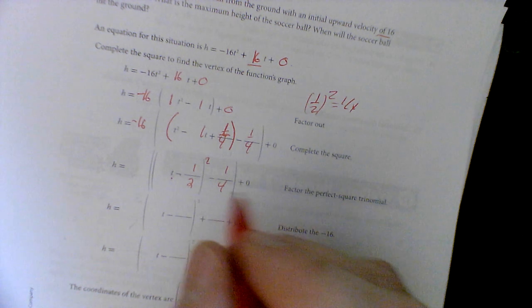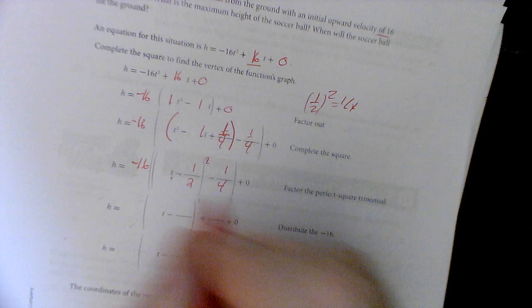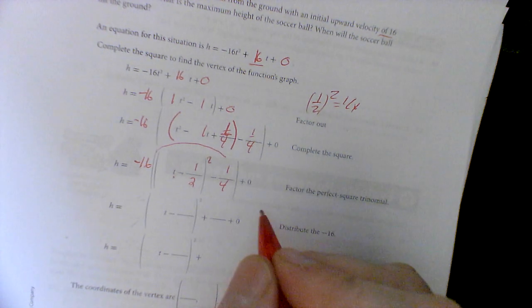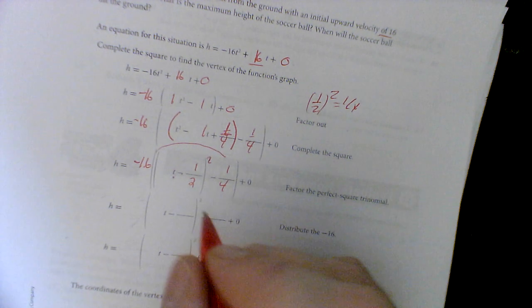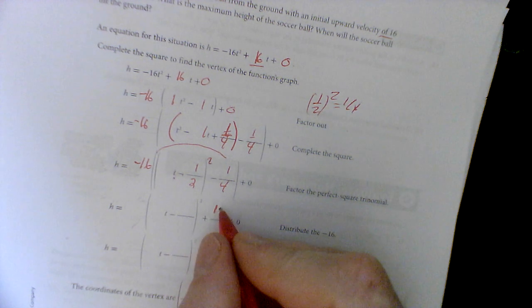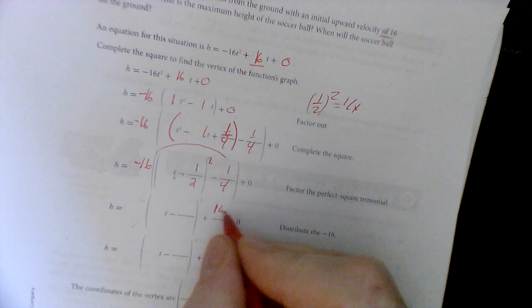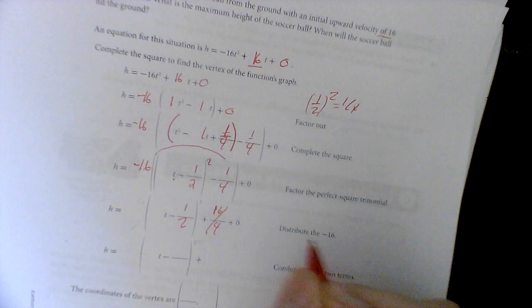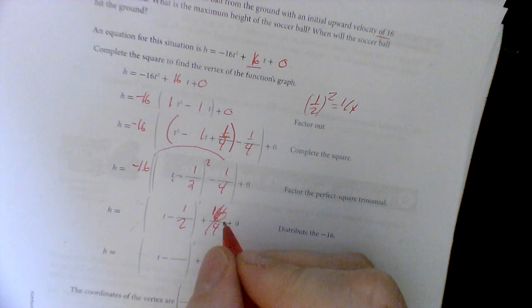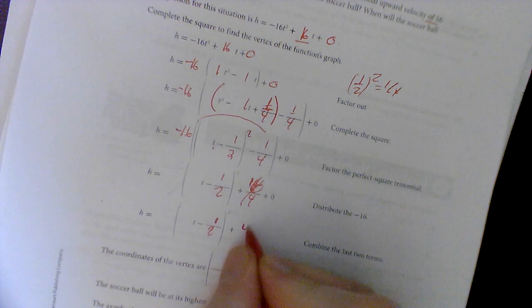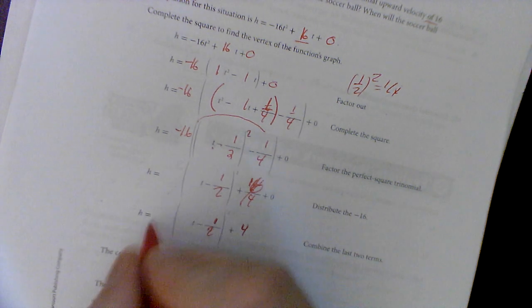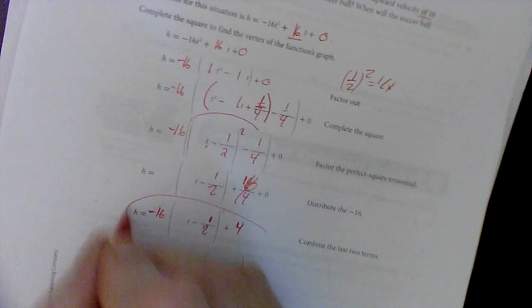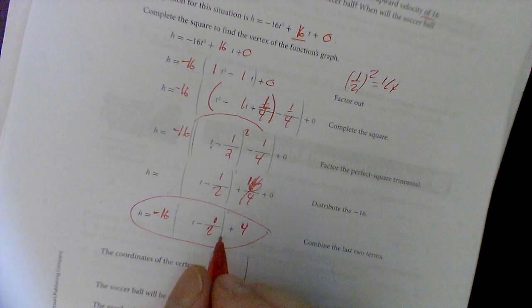Because all of this is multiplied by negative 16, we have to bring the negative 16 into this guy right here, and turn that into positive 16/4. That's going to feel so weird to you guys because you've never seen this before ever, and it's okay. Positive 16/4, we got t minus 1/2, 16/4 is just 4,